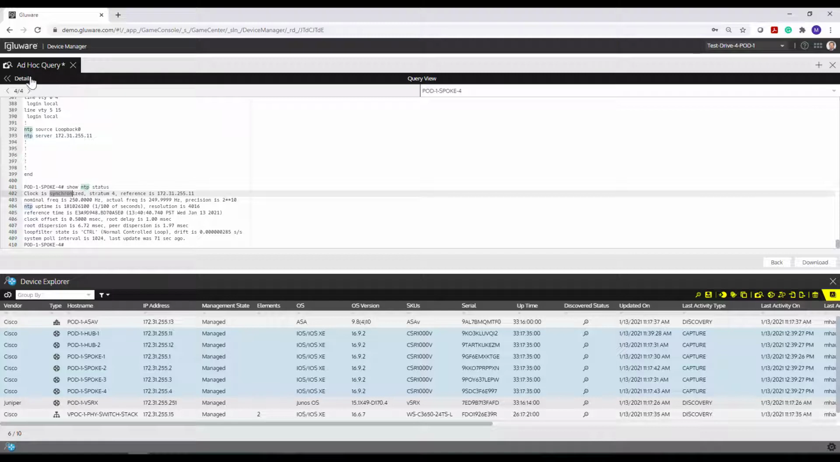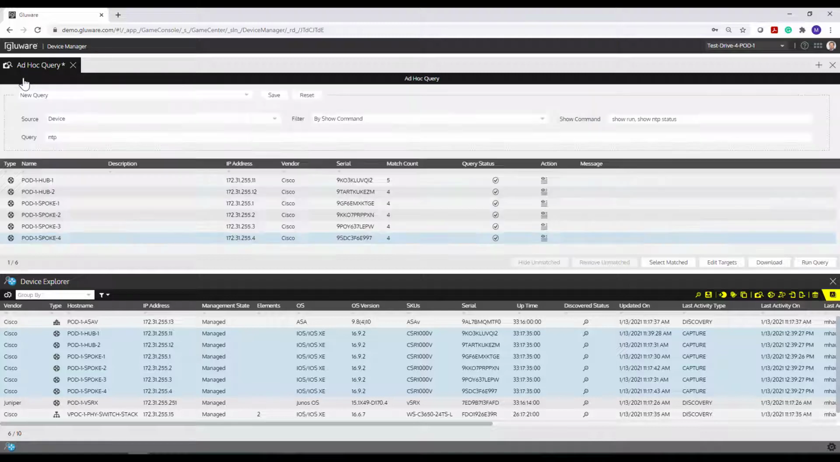But now let's refine that even further. Let's jump back to details. Now I want to just look at my show NTP status, but the phrase I want to look for is clock is synchronized. So this is a positive test of saying I expected clocks to be synchronized. Let me go ahead and validate that, and if I run the query,